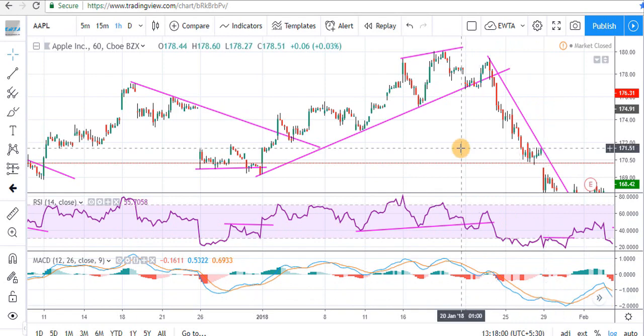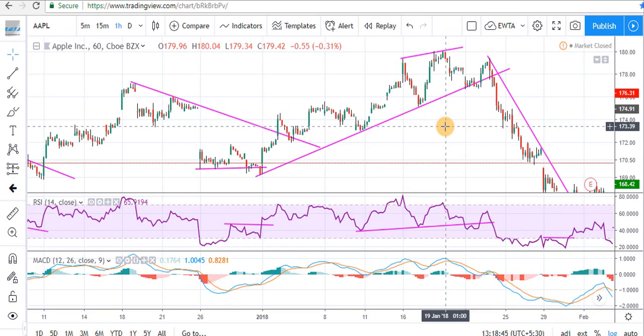Divergence can be traded on any time frame. For positional trading, our 3D charting is weekly, daily and hourly. So we will find divergence on the lower time frame. If the middle time frame is also giving us a divergence in the same direction of the lower time frame, then it will be a very strong signal to trade that divergence.